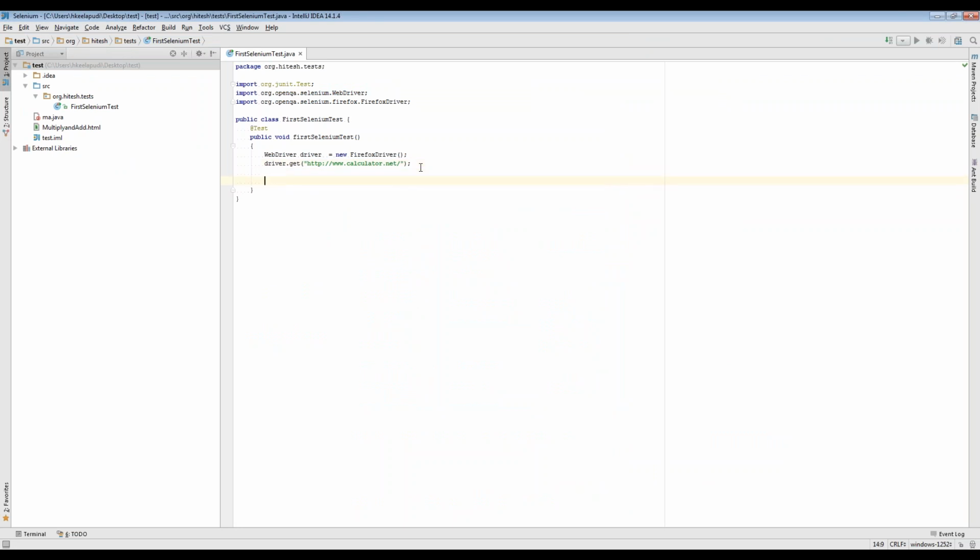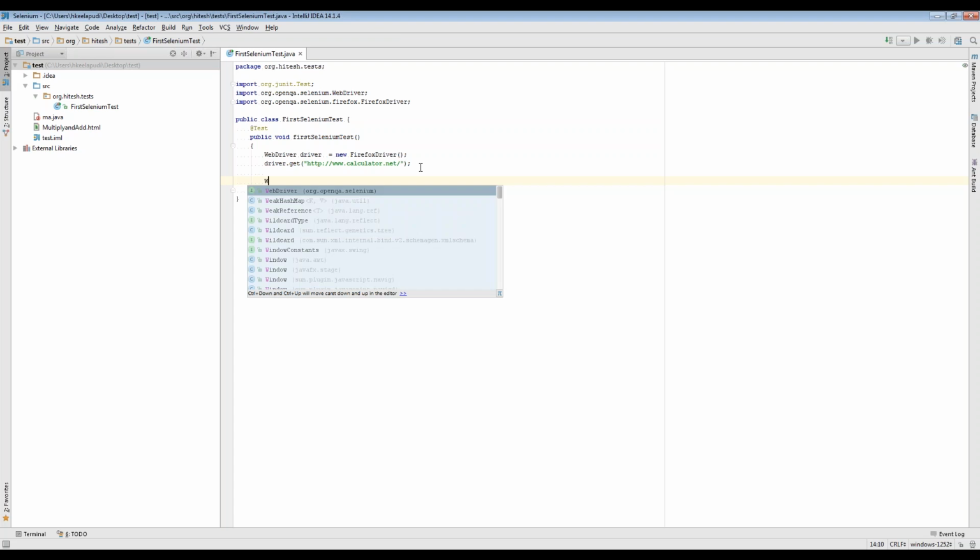Now what do we have to do? We want our driver to perform some operations on some objects. So what are those objects? Let's try to do the same operations that we have done earlier. What do we do? We have to click, right? Click on, say, for example, 5. How do we click on 5? First, we have to find 5. So web element